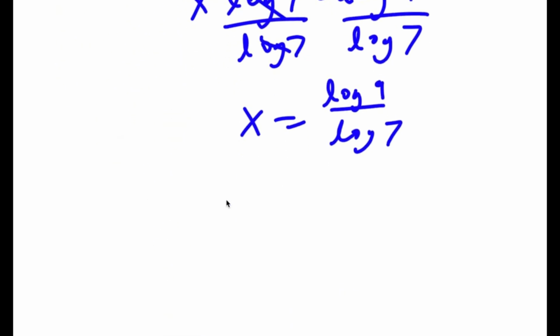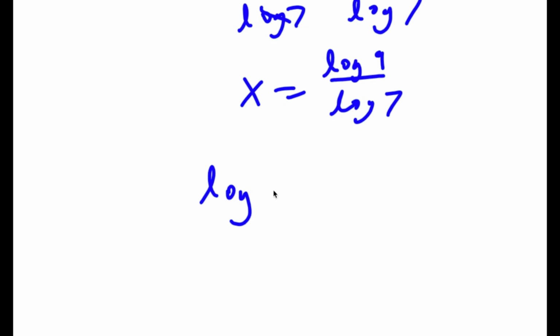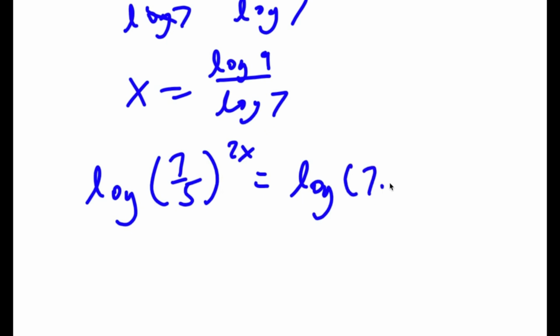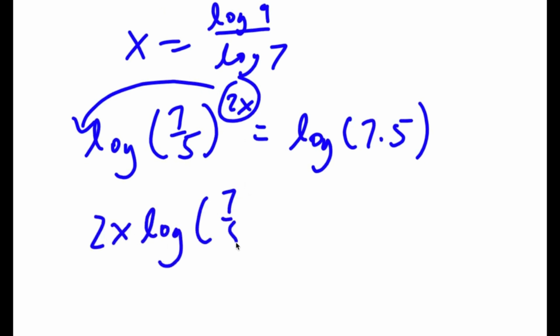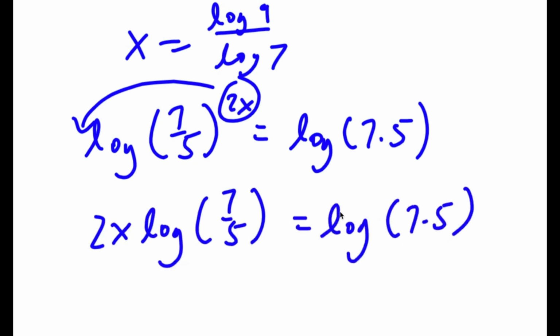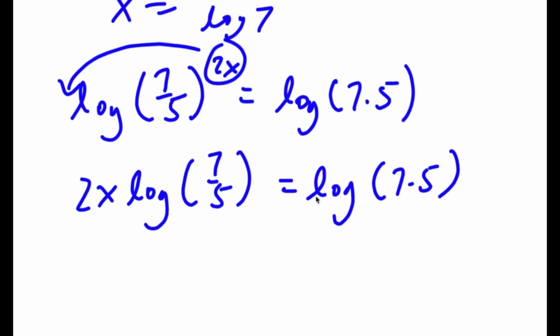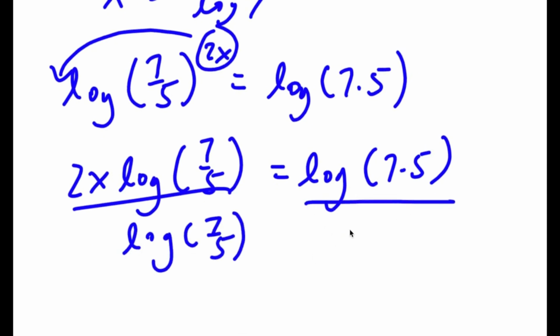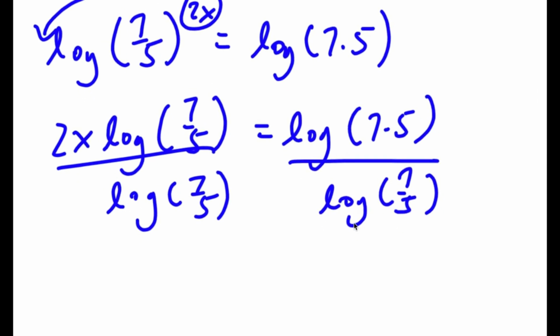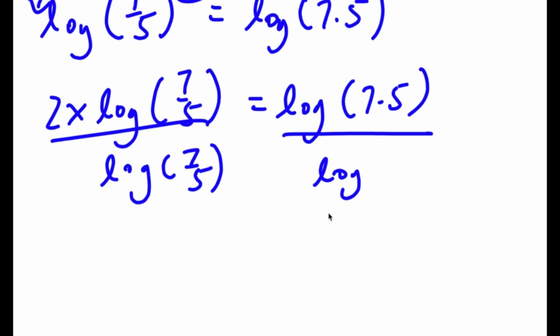So now going back, we had log of 7 over 5 to the power of 2x is equal to log of 7 times 5. Now, using this property, we can move 2x here to the front. So now I have 2x times log of 7 over 5 is equal to log of 7 times 5. Now, if I divide both sides by log of 7 over 5, well, actually, before that,